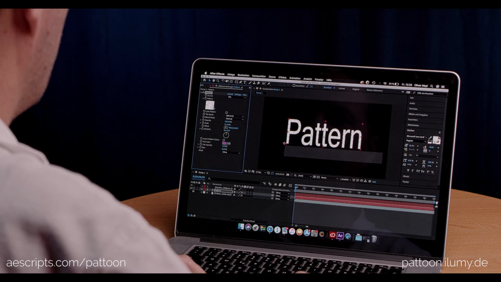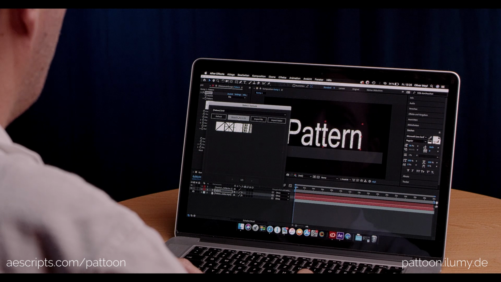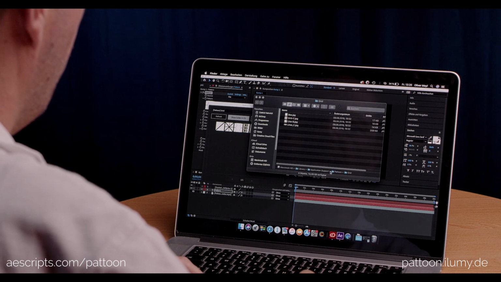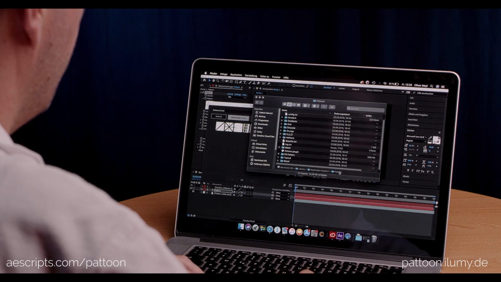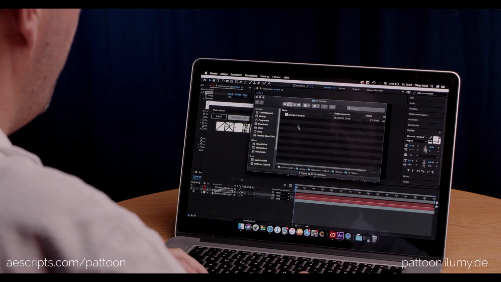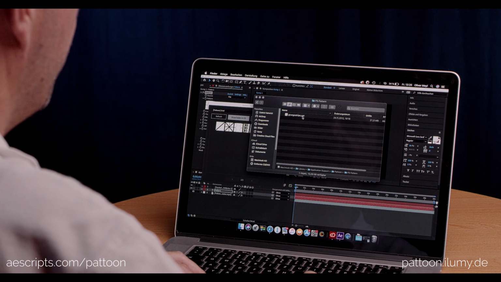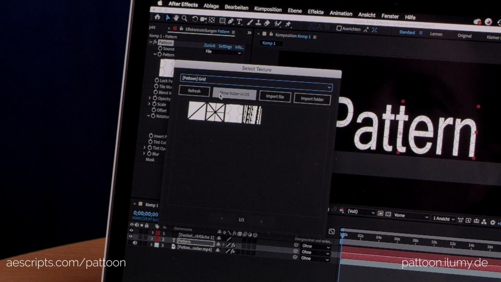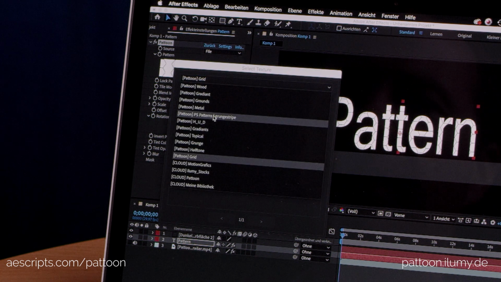A very handy feature is the option to use Photoshop patterns directly in After Effects. You can import native Photoshop PAT files into PATTOON and use the textures in your motion design. To use Photoshop patterns, you simply browse your library, go to your PATTOON main folder, go to your PS Patterns folder, paste your PAT file, in our case it's Grungy Stripes PAT. If you now refresh your library, you will see in the library your PS Patterns Grungy Stripes,